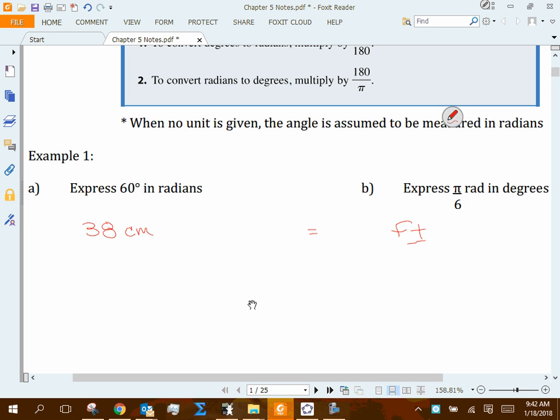Well, the only way, and these are always going to be fractions, the only way that I can get centimeters to disappear, because right now it's in the numerator, is that I get a label of centimeters in a denominator somewhere, correct? Does that make sense, everybody? So I'm going to put centimeters right there. Now the reason I went from centimeters to feet, from one unit, the SI unit, to the English unit,